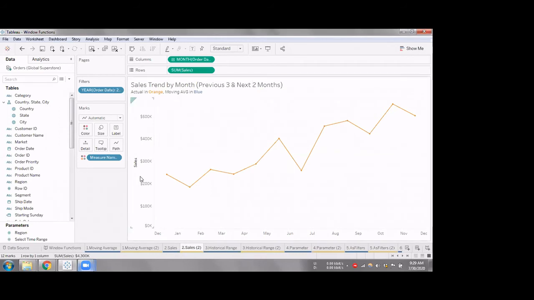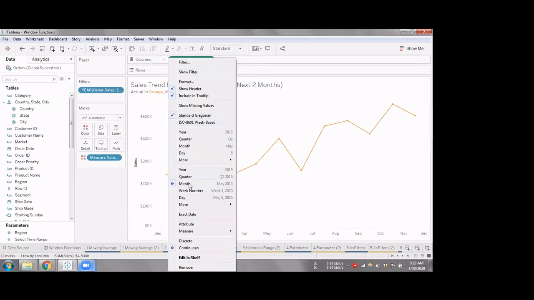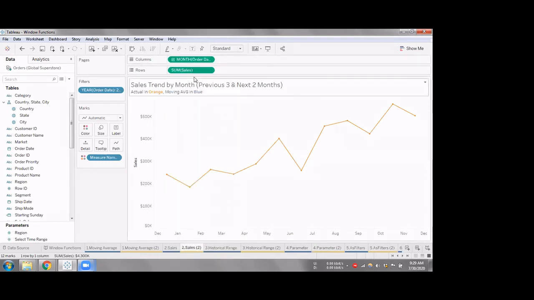Okay, in this activity, the task is to open a particular sheet and make this graph. Order date at a month level, as a continuous date value instead of a date part, and then drop sales into rows. We'll get a line graph like this. Once you have this line graph, your task is to create another line on the same graph which shows the average of the previous 3 months and the next 2 months.